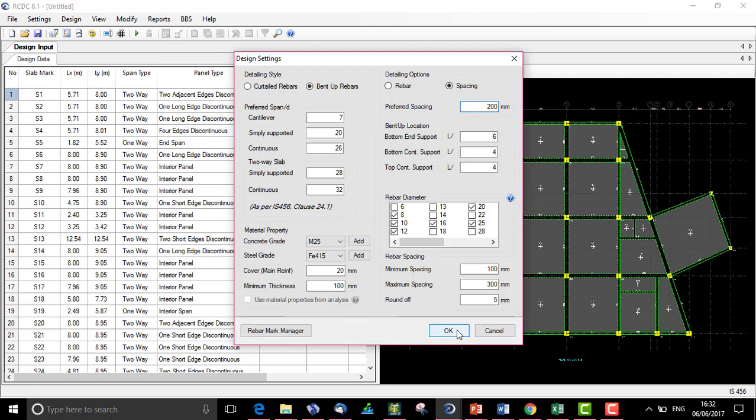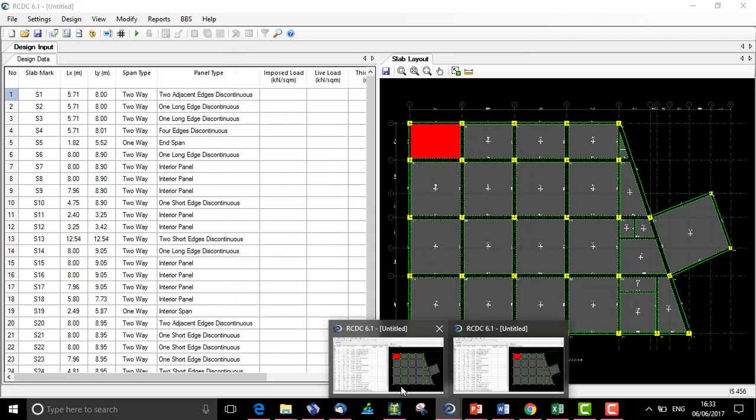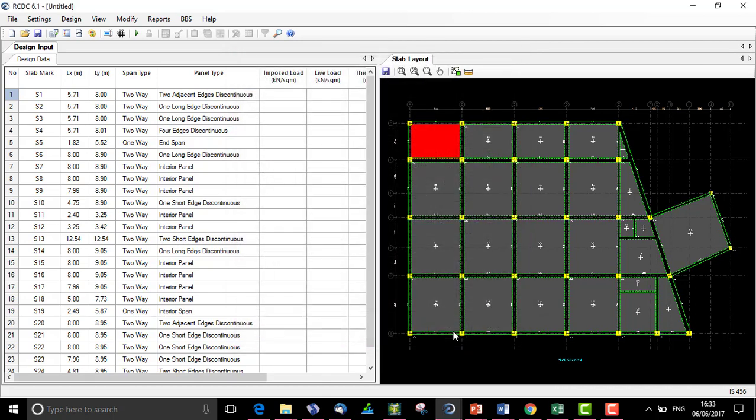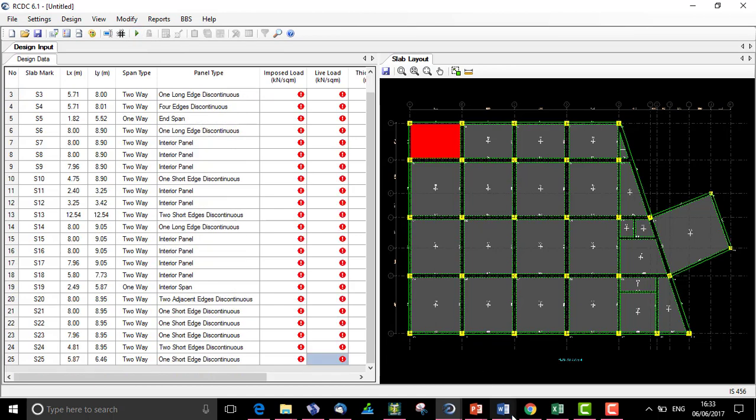And I'll set this other one to curtail type rebar and detailing option as rebar. First we'll see the impact of this detailing style and detailing option for slab design. I'll run both the files simultaneously.